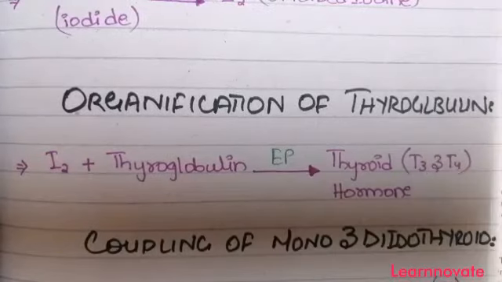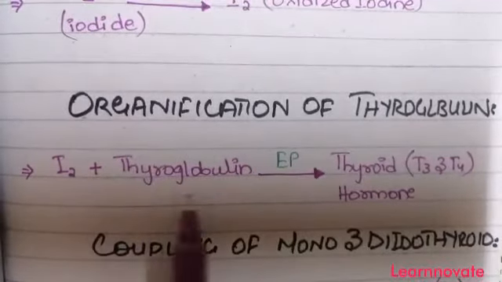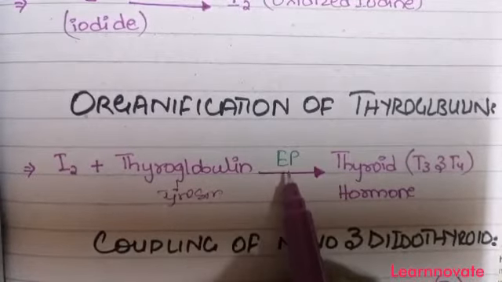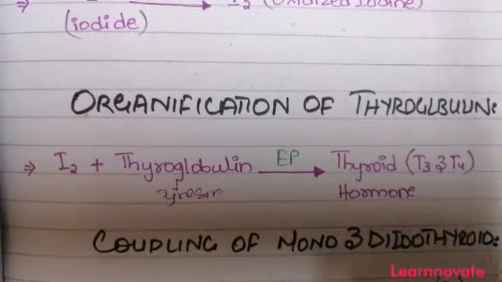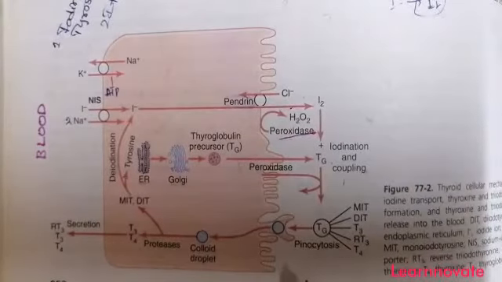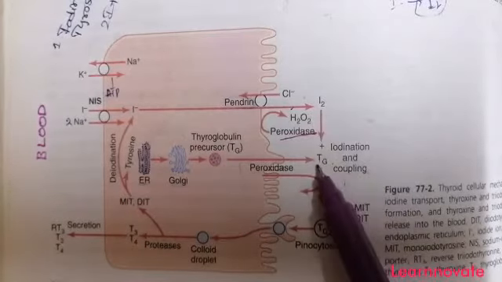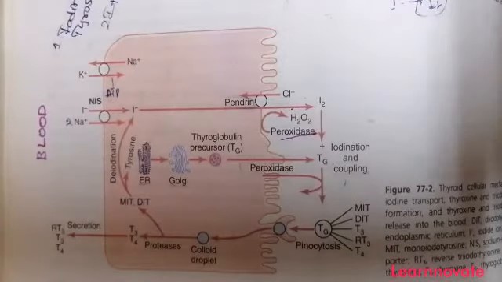They will produce the thyroid hormone. Here in the next step we can see that this oxidized iodine, produced from the oxidation of the iodide, is going to combine with the thyroglobulin molecule having a chain of tyrosine amino acids. In the presence of the enzyme peroxidase, this is going to produce the thyroid hormones, that are T3 and T4. Now the next step is the coupling of the triiodothyronine and monoiodothyronine. How does this happen? When the thyroglobulin has been formed and there is production of thyroid hormone, there will be coupling of one iodine with the thyroglobulin and one iodine combined with one residue, forming the monoiodotyrosine. We can see in the next diagram.